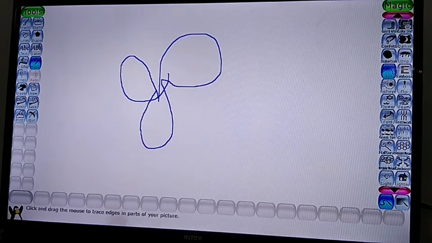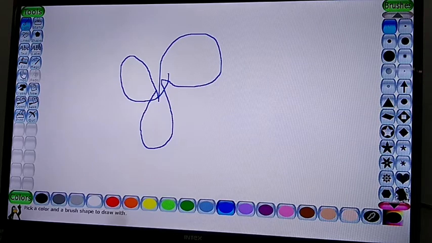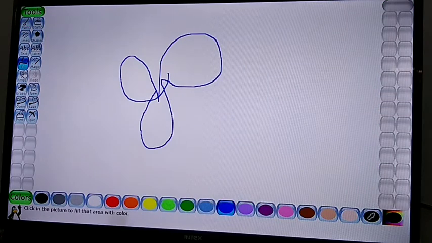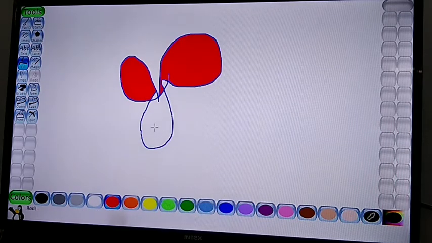Fill tool. When you click on this, this is your fill tool. It is here, not in magic tool. This is your fill tool. You will click on this, and you can fill the color like this in the drawing. Okay, using this fill tool.